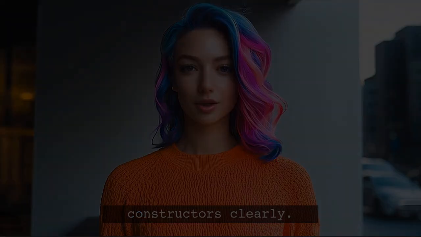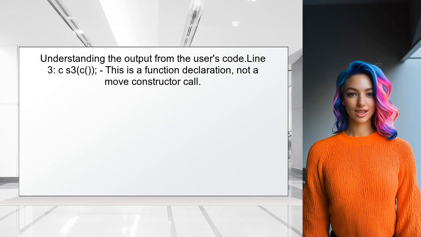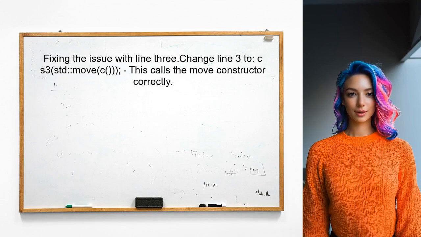use them effectively. To understand the output from the user's code, let's first clarify what happens on line 3. The user has written CS3C. This line is actually creating a function declaration instead of calling the move constructor. To fix this, the user should change line 3 to CS3(move(C)). This explicitly tells the compiler to treat the temporary object as an R-value, allowing the move constructor to